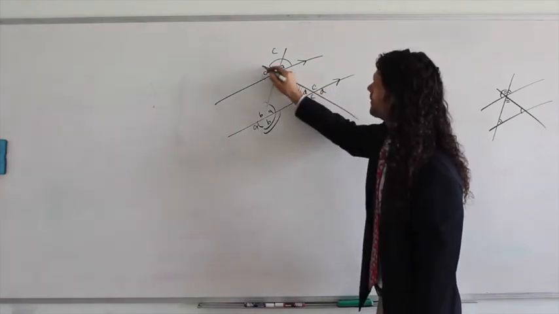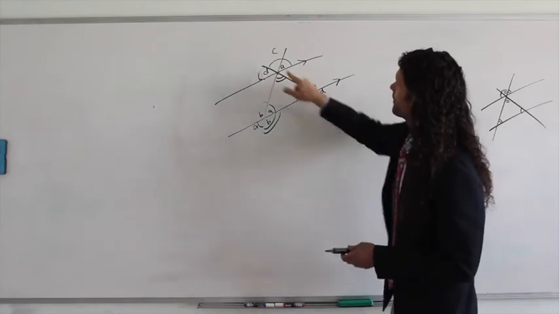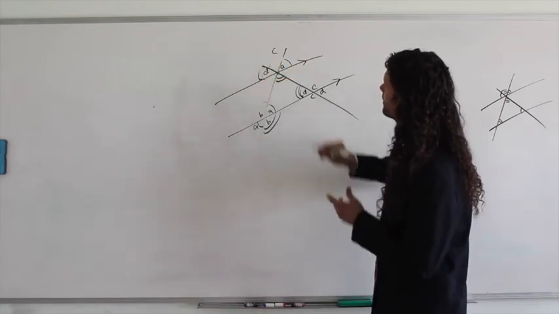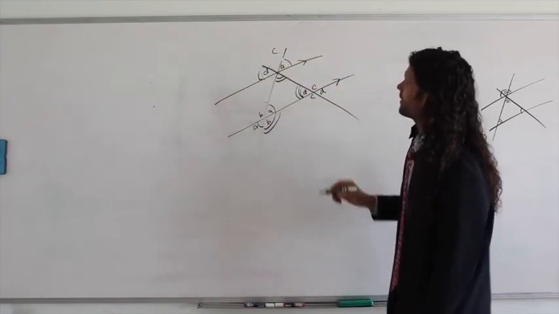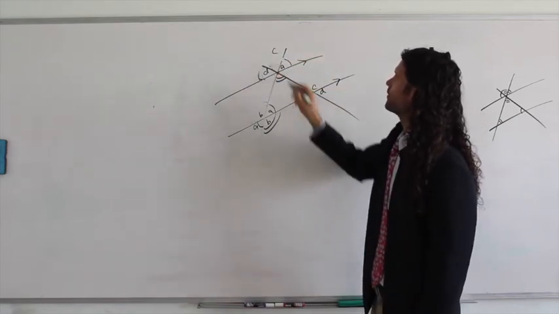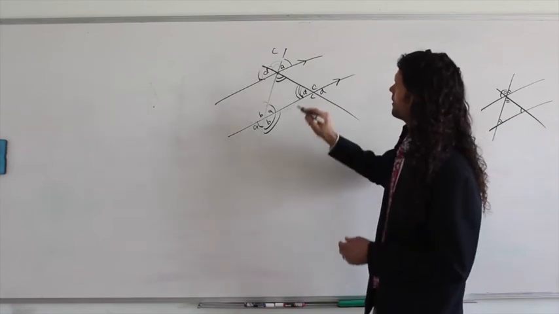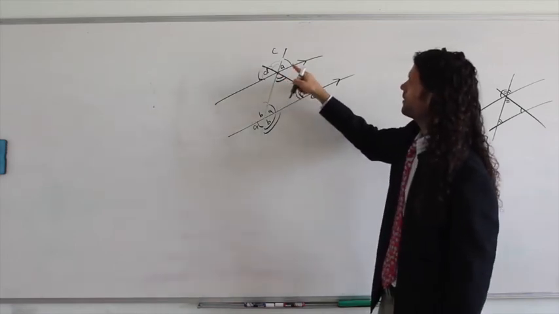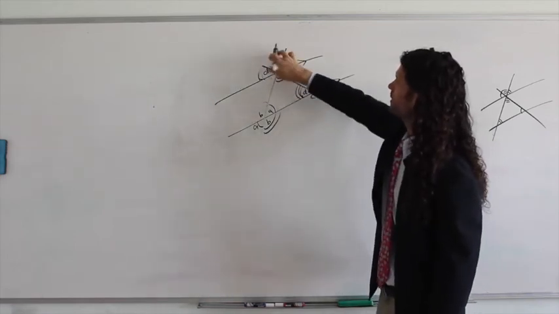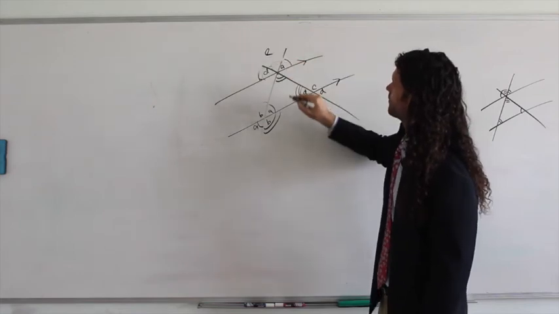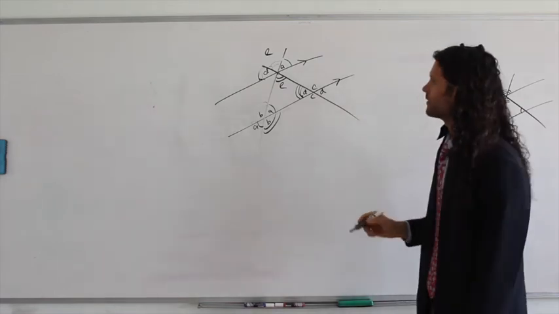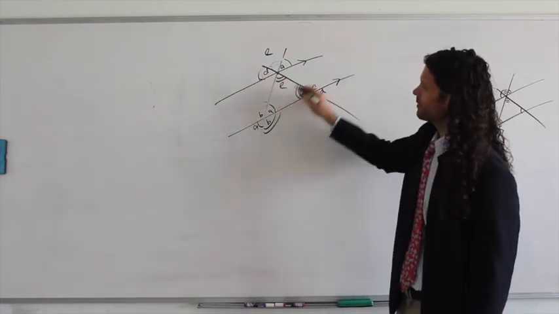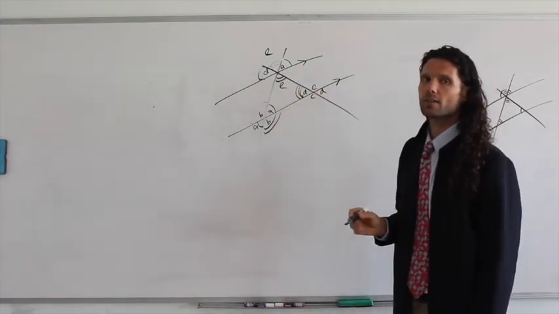We know this is 3. And so we have A, 1 here, and we're missing a blank part. So we know that this is 2, D is 3, and so we know that A plus whatever's in the middle here, we'll call this E, A plus E plus D equal 180 degrees,